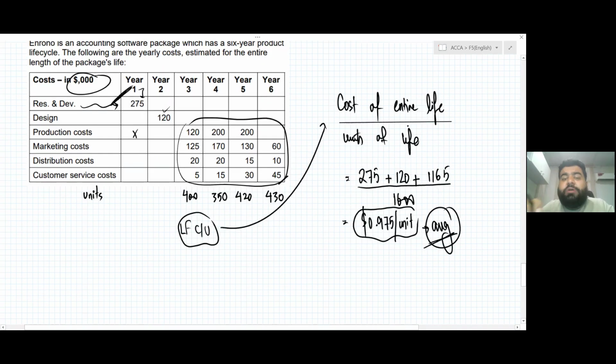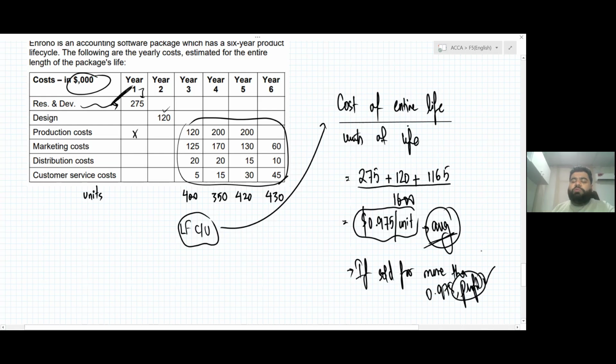Now, it helps us in decision making today. If this product is sold for more than 0.975, obviously at last we'll be having the profit, because we are selling at more than the average cost per unit. And I know at the start the costs are higher, so with the passage of time, cost gets lower. But the life cycle costing concept is to take all the cost divided by all the units, and you'll get the average